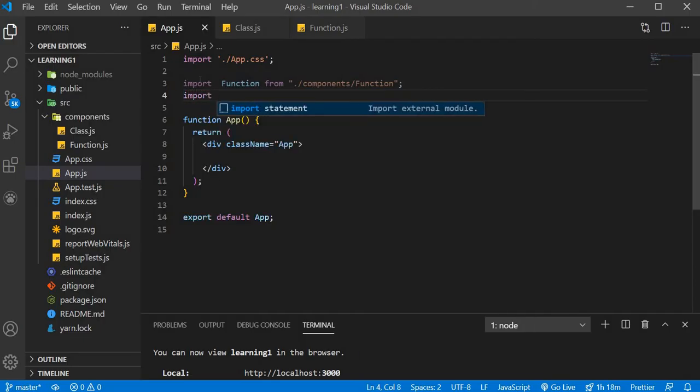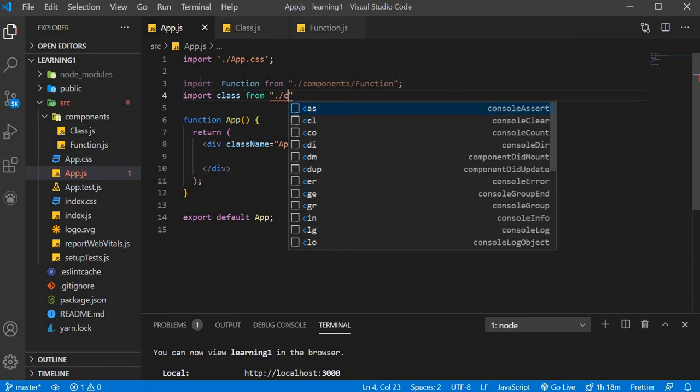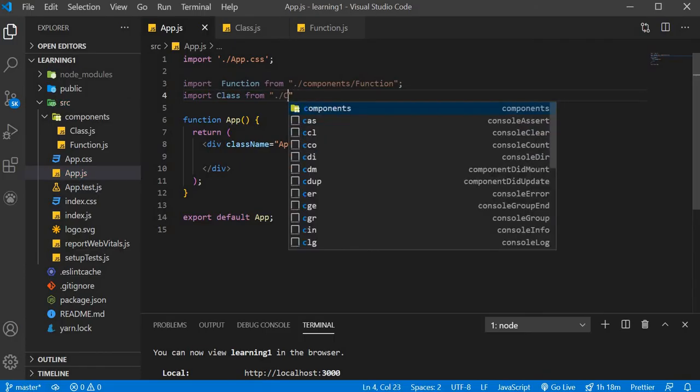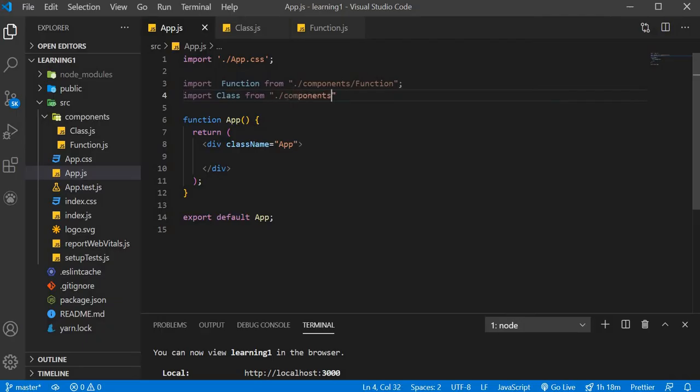Now same for class, from, sorry, this should be capital, components/Class. Now you can use these components inside your app.js.